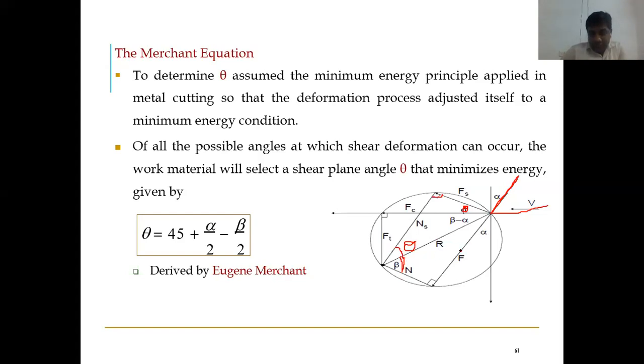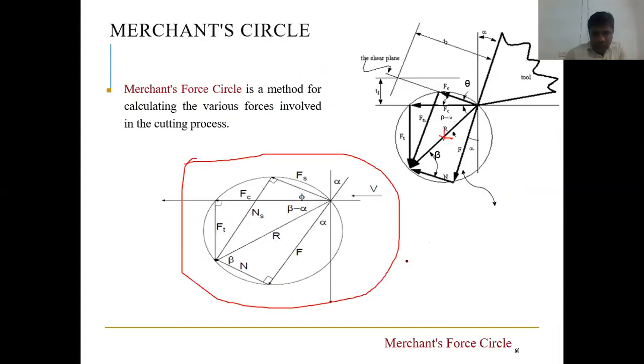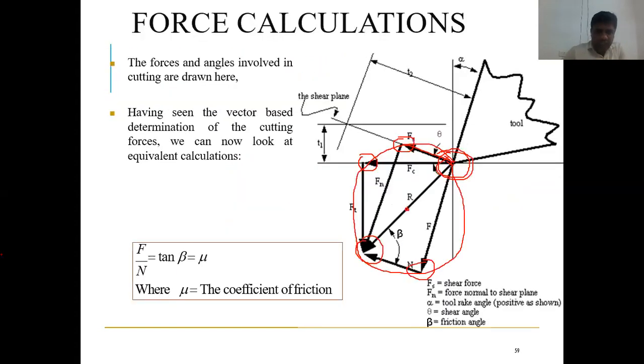Last class we discussed this. F is the frictional force and N is the normal reaction due to friction. So tan beta is F by N. Normally friction is represented by tan phi or tan theta, where theta is the friction angle. But here, since we are already considering theta as the shear angle, we take it as tan beta. So tan beta equals F by N. I think in a previous slide I discussed this somewhere. Here it is, you see.